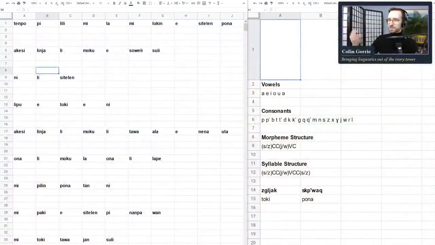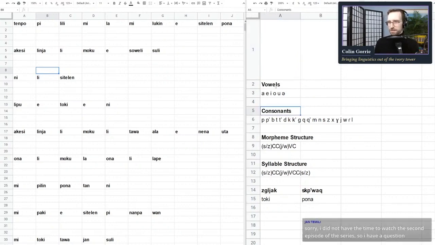Wish we had a little sound effect for this because that would be kind of cool, but hey, at least we've got myself in the right corner this time, so that's progress. Okay, so I'll just explain what's going on the screen here. On the right-hand side, we have the phonological